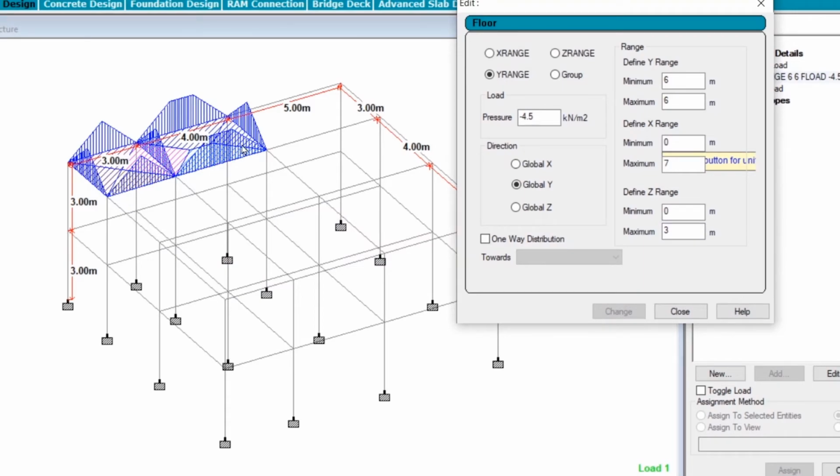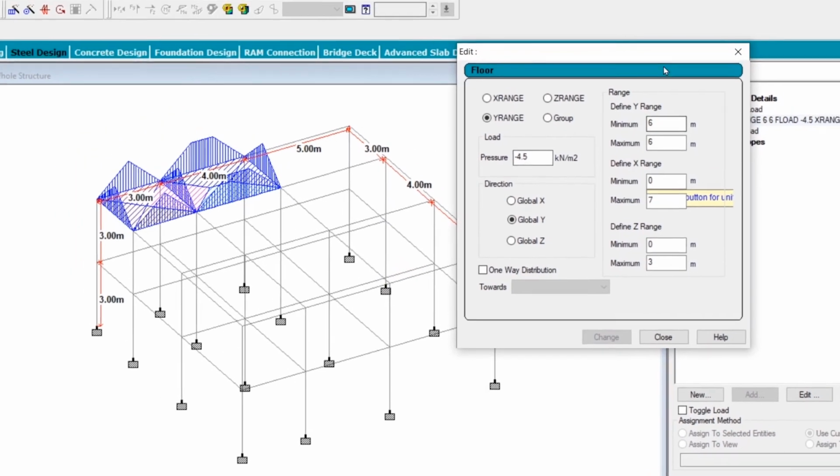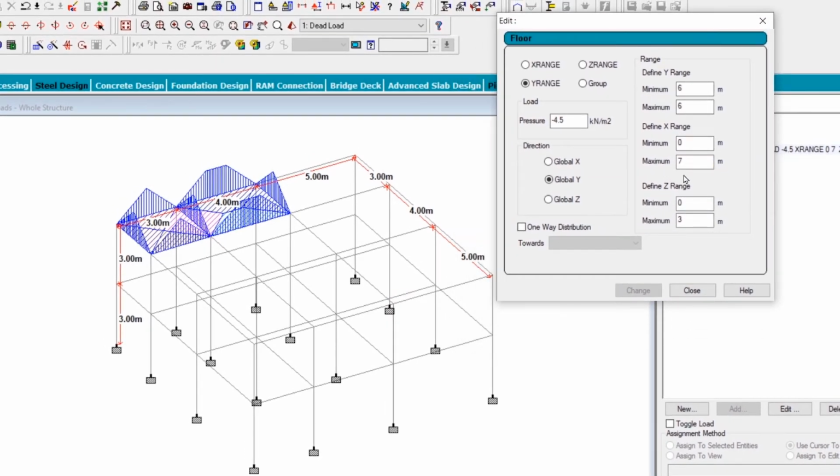So this is how you will work on the various floors or the various room levels. The rooms will differ. The corridors will have a different loading value. The normal dining rooms would have different values, and so on and so forth. And you will work with the X, Y, and Z range in a similar way.